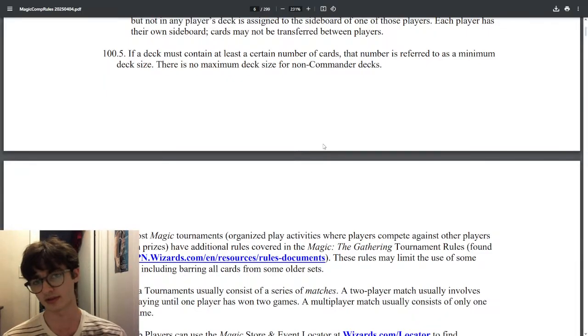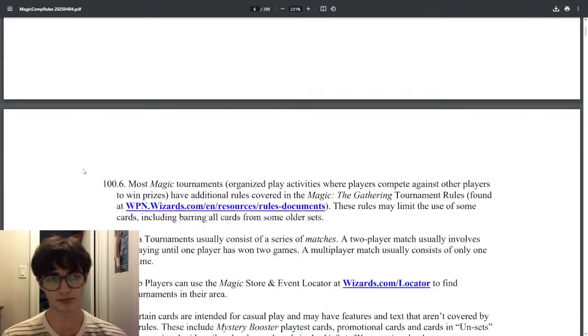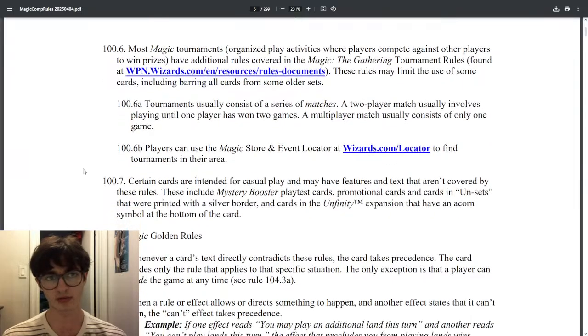Commander decks you have to have exactly 100 cards. This is why they say this. But yeah, I think the rule is if you are able to shuffle your deck using your hands, or I guess the shuffling method you would normally use. I don't know how that works if you're disabled. I don't know if you can play Magic if you don't have hands. You probably have somebody else do it for you. If you can't shuffle your deck, you can't play your deck. It's not allowed.